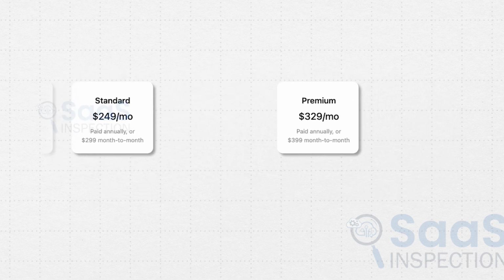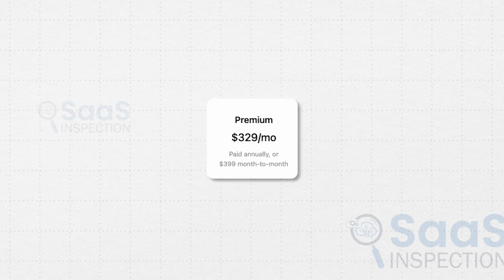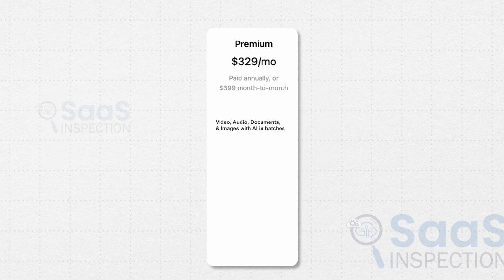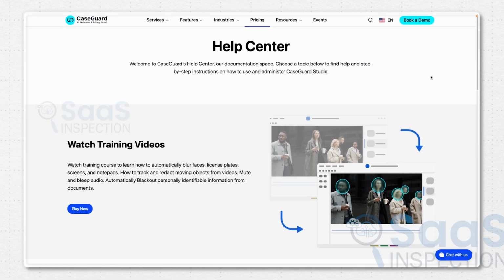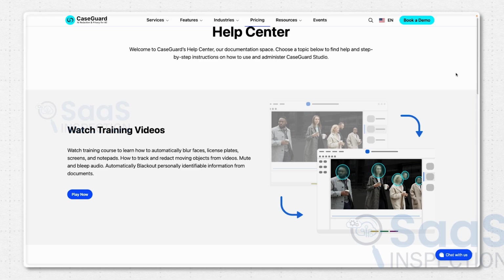The premium plan that costs $329 includes AI-powered redaction for video, audio, documents, and images, along with transcription, translation, and collaborative team space access. You can redact unlimited videos and images, with options to scale further. On top of that, CaseGuard's privacy experts also provide full guidance to help your organization pick the best plan and